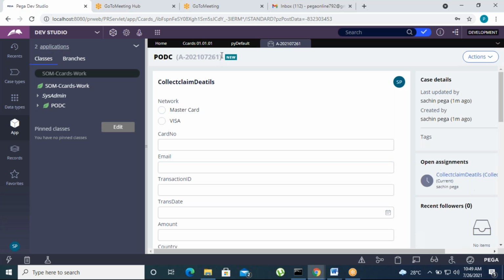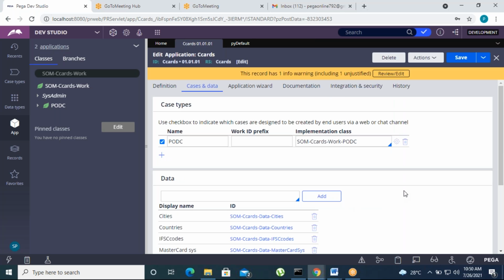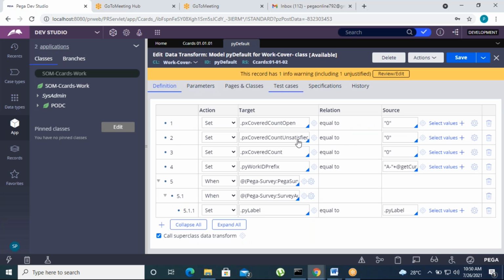Now this is the case ID: A2021 then 0726, 1. 26 1 means work item 1, work object 1. If you run one more time, 26 2, 26 3 and so on, multiple times. This is how we'll be editing the PY default data transform, the predefined data transform.